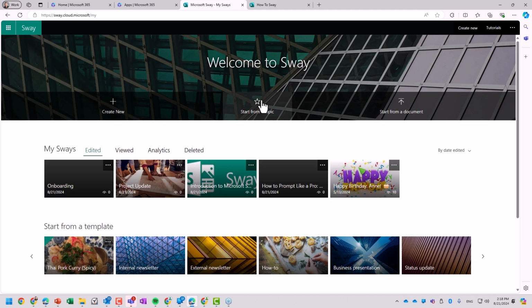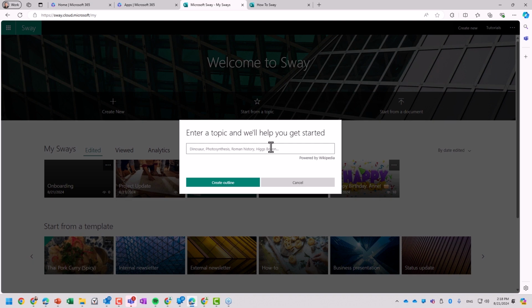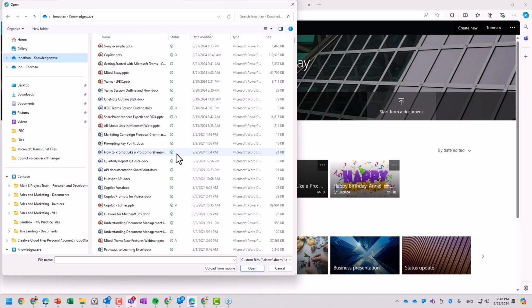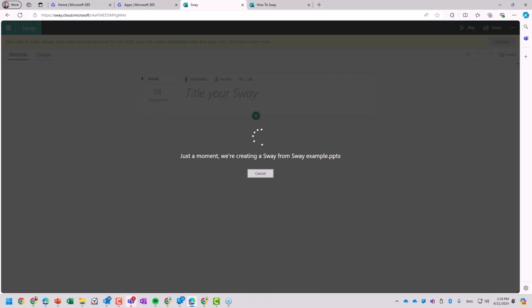The other one, start from topic. That's what it jumped us to. We had that choice. And then start from document. If you start from document, you can look through different files. They could be images. They could just be a paragraph. Here, we'll do this one. Sway example. That's it. It does take a moment. But everything that I have in that PowerPoint,